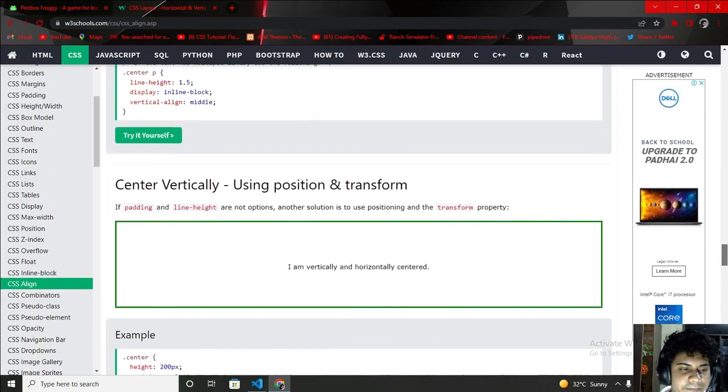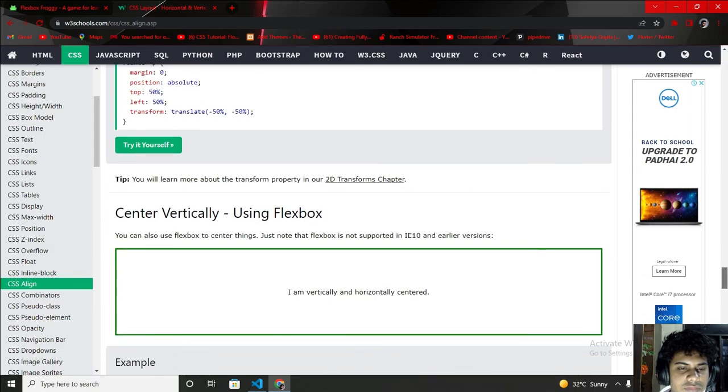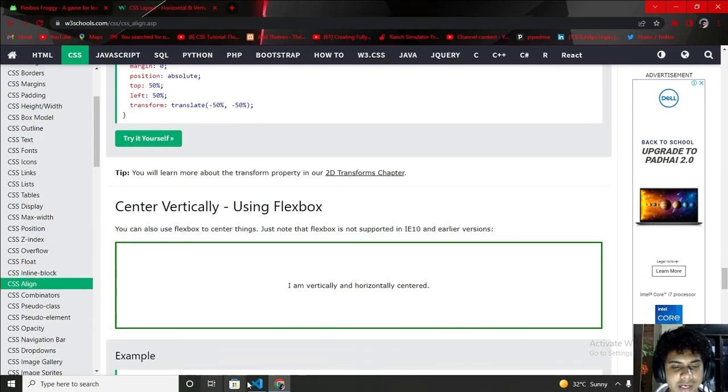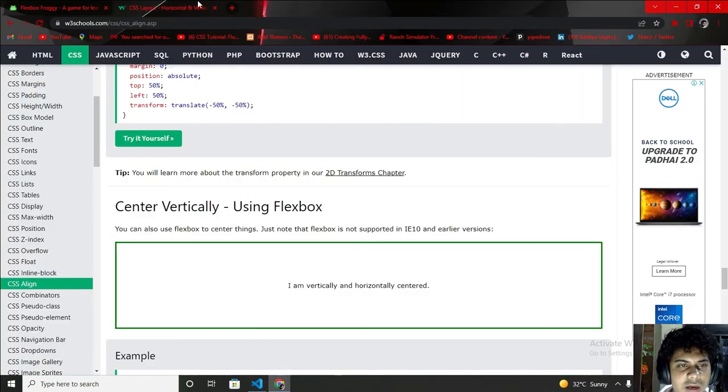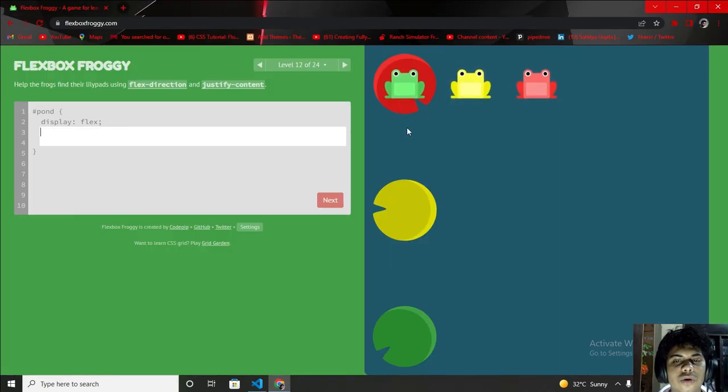Okay, so I think align items works vertically, and justify content works horizontally. Okay, so now it's time to change the pattern first by using row reverse or column reverse. What should I use? I think column reverse.